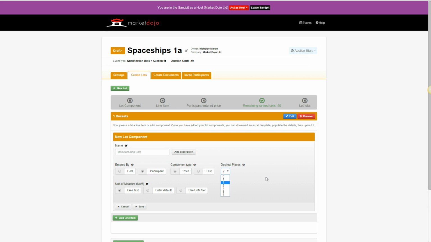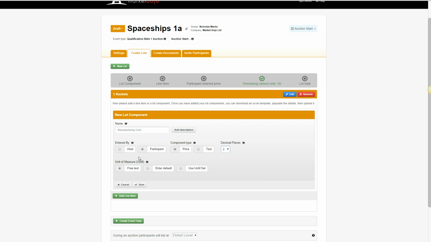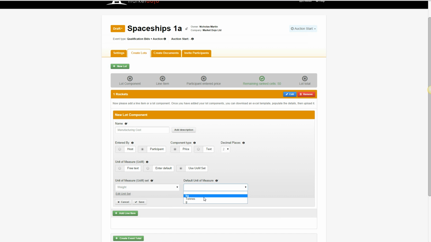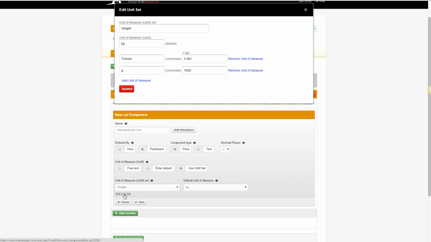You can choose the number of decimal places, and in terms of the unit of measure you can either choose free text at each line item or a default across them all, or you can choose one of these unit of measure sets, which are very cool. For example, you can choose weight and a default unit of measure of kilograms. If I edit this unit of measure set, you can see that you can create pretty much anything you want in terms of these sets. In this one you've got kilograms as the default, and you can have tons and grams as choices for